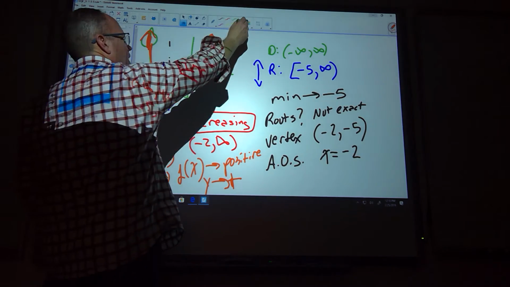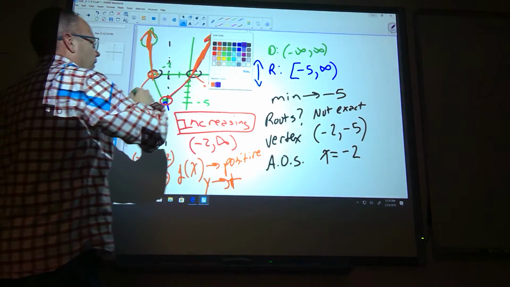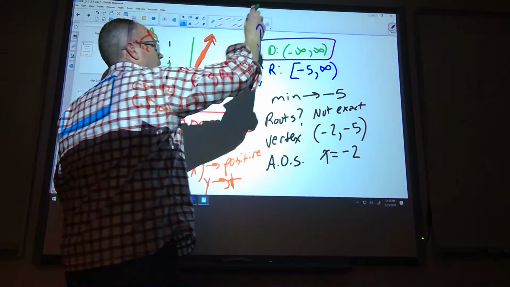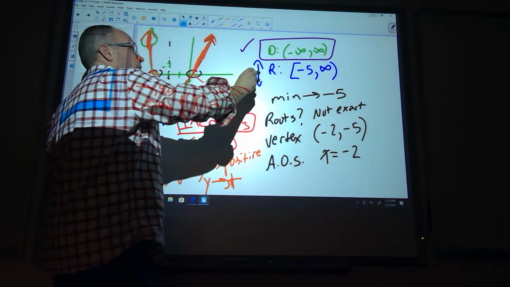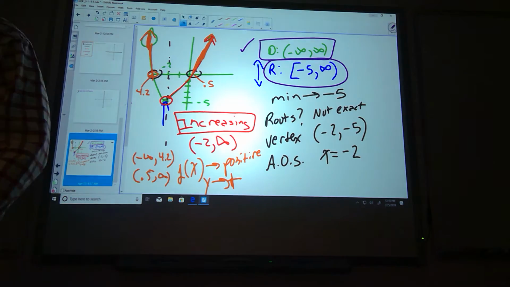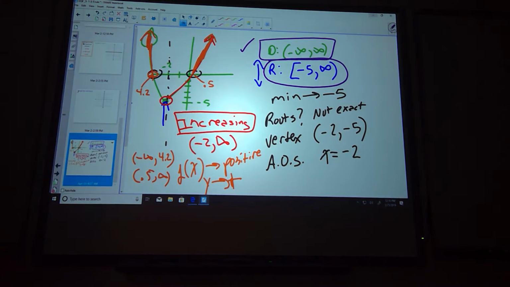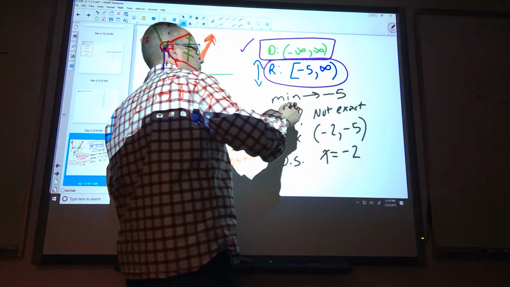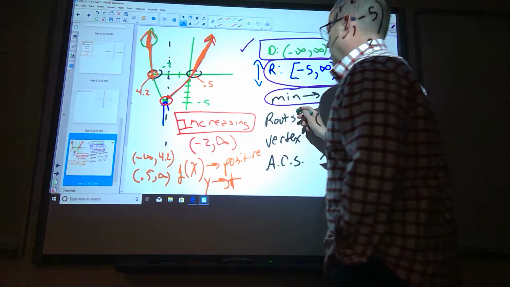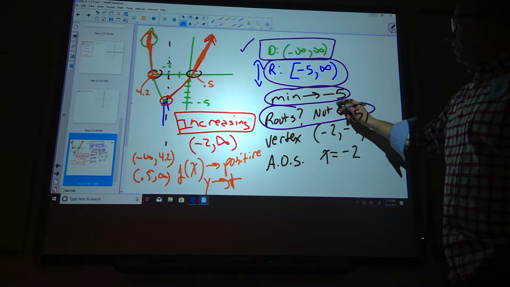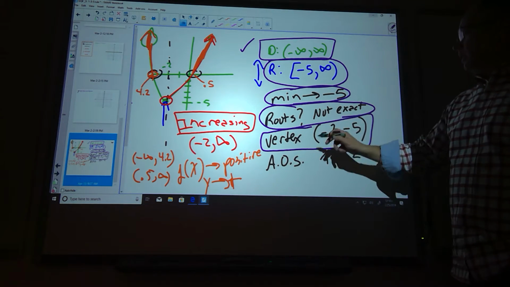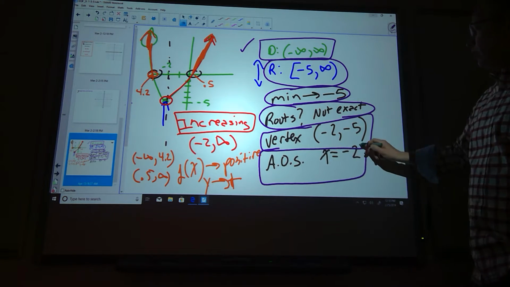So the ones that are a little tougher to decipher, I think the domain all day long, you're going to nail. I think the range, if you're paying attention, is not quite as tough. I think you can figure it out, definitely. The minimum, again, if you're paying attention, I think you could figure that out. The roots, if you're just looking at the graph, or you are able to find the equation of factor, I think you do that. The vertex, I think, should be a gimme. And the axis of symmetry should be a gimme as well.